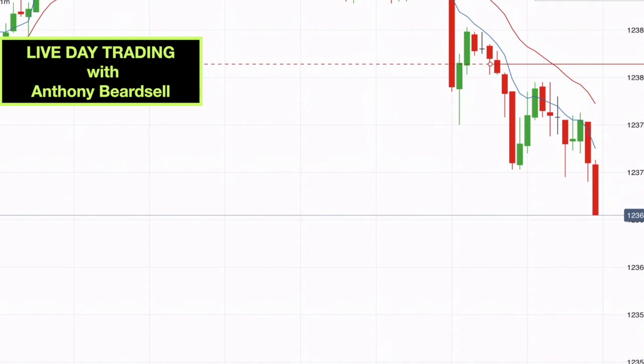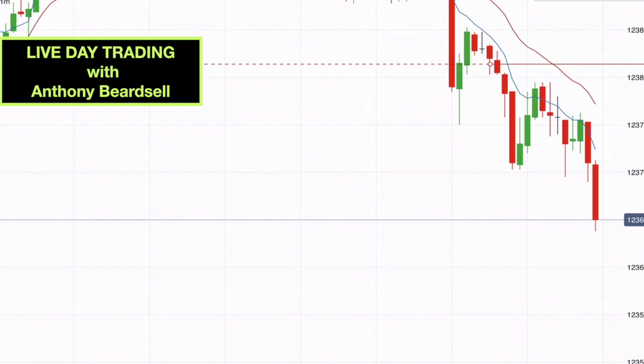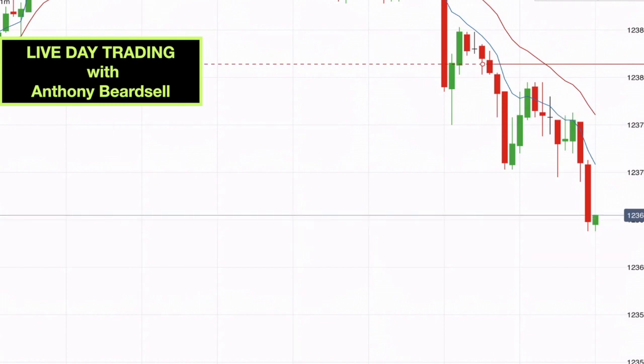But the likelihood is, at some stage, one of these pullbacks, one of these moves back up to the averages, is going to go too far and it's going to take me out. But it could go right down here before it actually does that. So, you know, if I was trigger happy, I'd have been out here. Nearly did get out here. But